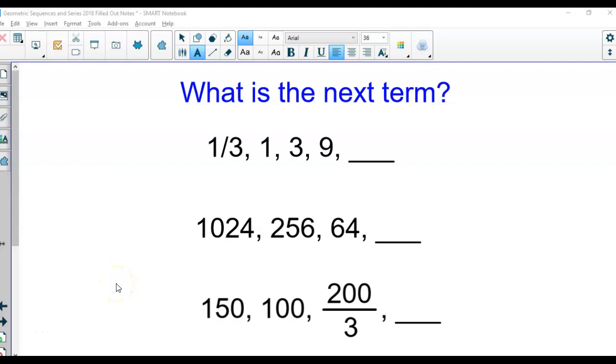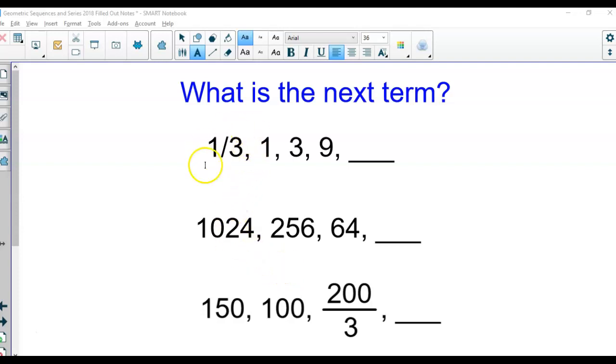Today we are going to be talking about geometric sequences. What we did in the past is we have been working with arithmetic sequences, and in an arithmetic sequence, to go from one number to the next, we need to add a common difference. Now what we are going to do is multiply by a common ratio to go from one number to the other. So this first one is a little bit easier, and these next ones get progressively more